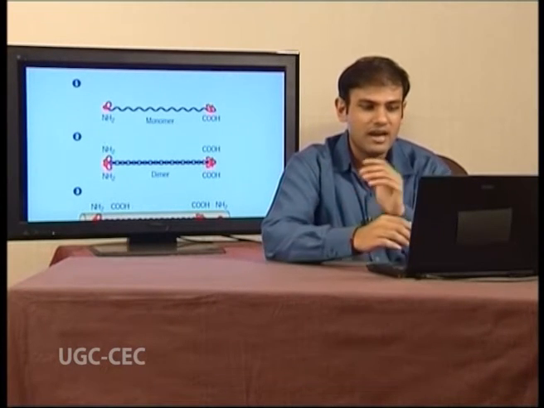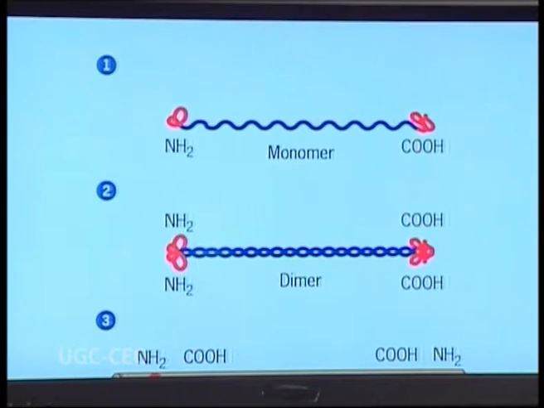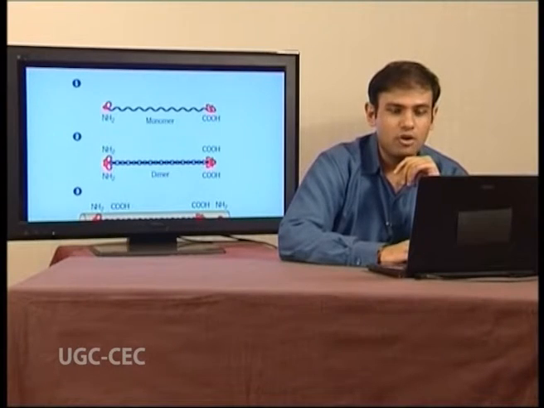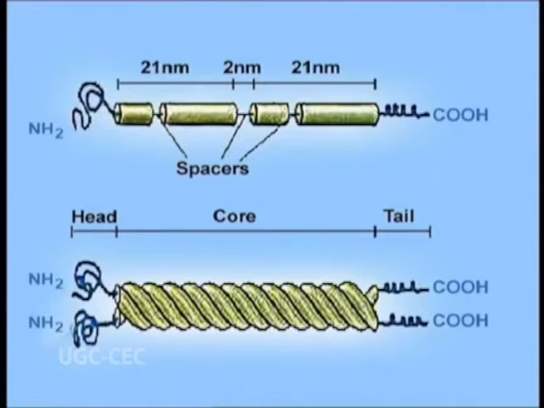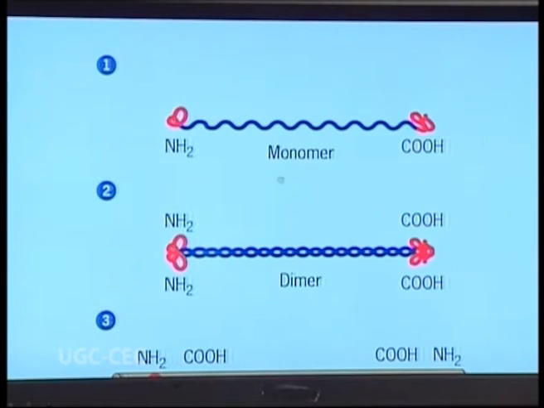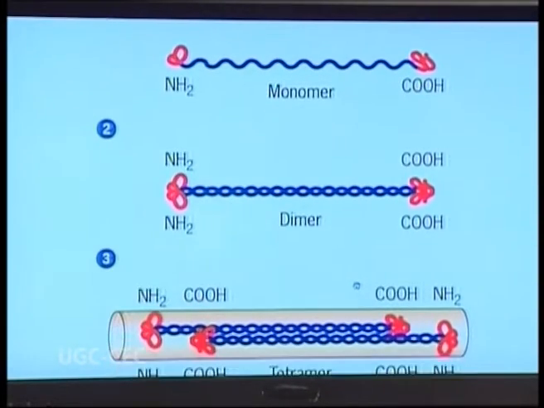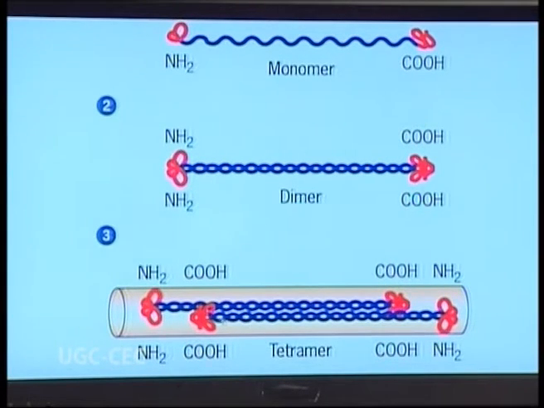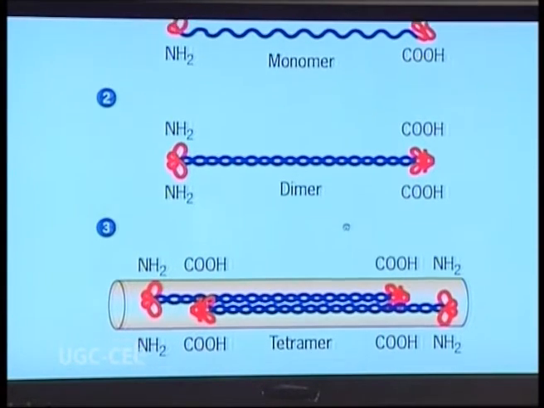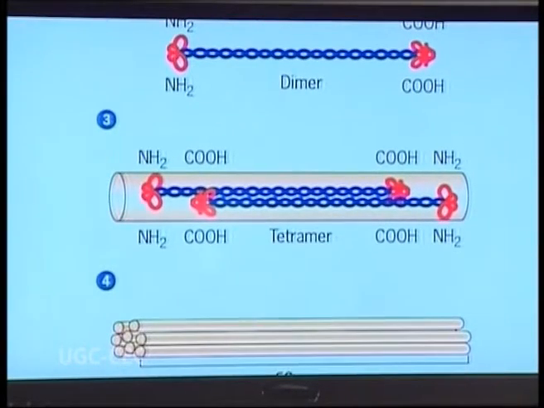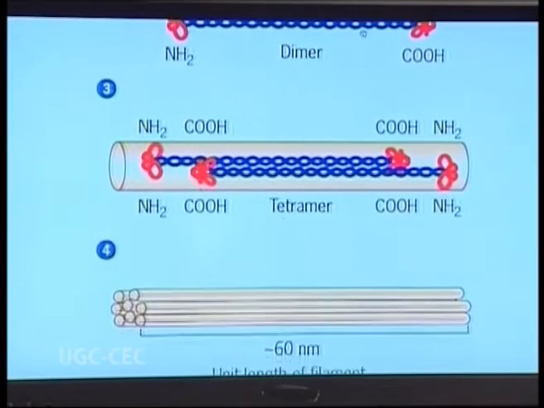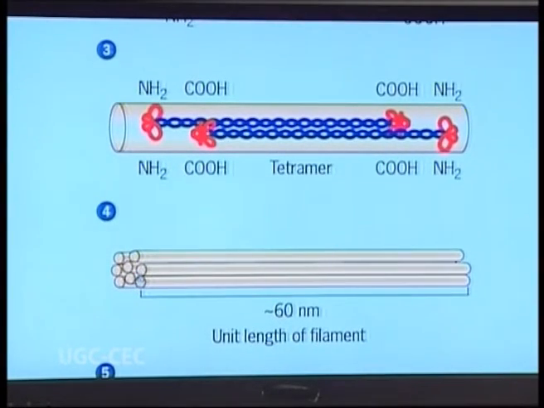Now moving on to the structure of the intermediate filaments, just like we saw in microtubules and in microfilaments. As you can see upon the screen, you have a protein with an N terminal and a C terminal, and the middle space is called the core of the intermediate filament. This core consists of 4 alpha helical domains and 3 spacer regions, and when 2 same monomers associate with each other, they form a dimer, and when these 2 separate dimers attach with each other, they form a tetramer. Next, a number of these tetramers associate with each other and together form a unit length of a filament.